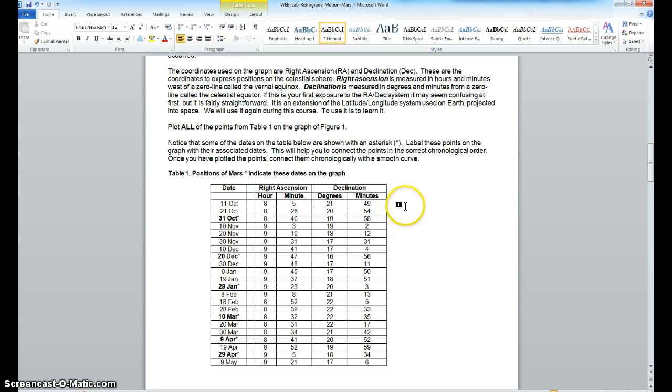But let's just go through the routine of plotting some of these points. I'm going to walk you through plotting the first set of points on this lab, the position of Mars for October 11th. You've got, looks like, 20 or so points to plot. We'll get you started with this very first one, and I think once we get that done, you'll see how